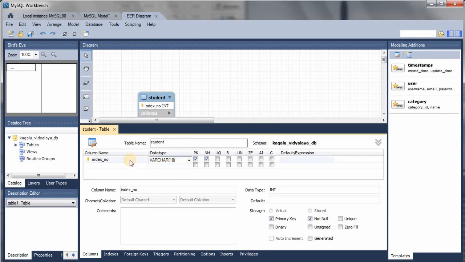You can see the software automatically defines the first attribute as the primary key, and it's not going to store null values, so that's why the primary key checkbox and the not null checkbox are automatically checked, and I'm going to create the second attribute.